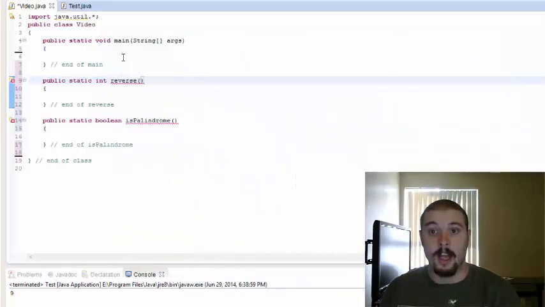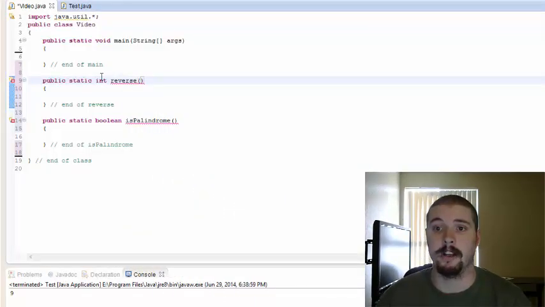We're going to go ahead and take a look at a program that shows us how to invoke methods to accomplish a certain task. In this case, we're going to ask a user to input a number, and we're going to decide whether that number is a palindrome or not. A palindrome is a number or name or anything that is read the same in reverse as it is forward. So let's go ahead and dive in,